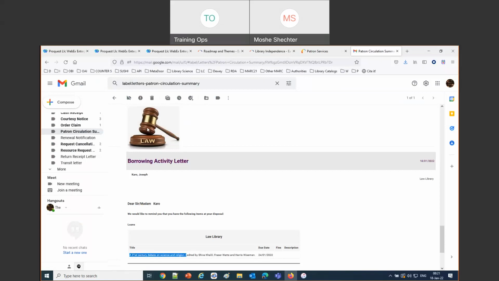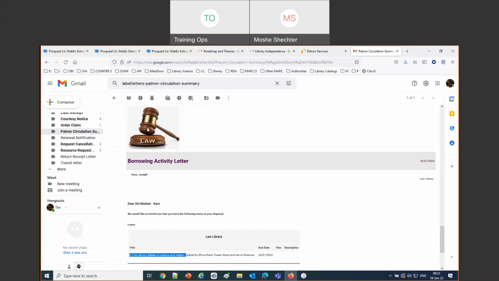Now, let's go look at the PowerPoint to make sure we covered everything. However, I do want to show something else about this. I'm just going to give a little introduction now. The fact that we have separate letters by library is a bigger development than just the fact that patrons get separate letters. Because now there are separate letters, the institution can make conditions in the XSL for those who are inclined to play around with the formats of the letter via the XSL, because now the letter only has 1 library.